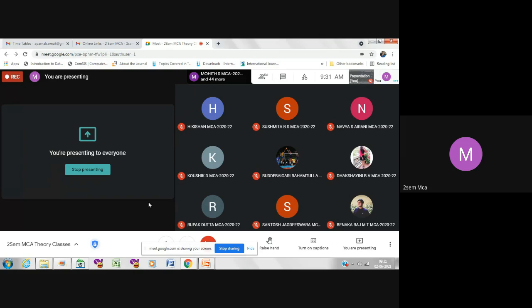Towards the end of the last class, we also saw the similarities and the differences between select and project. Any questions, doubts, or clarifications on these two operations before we proceed further?